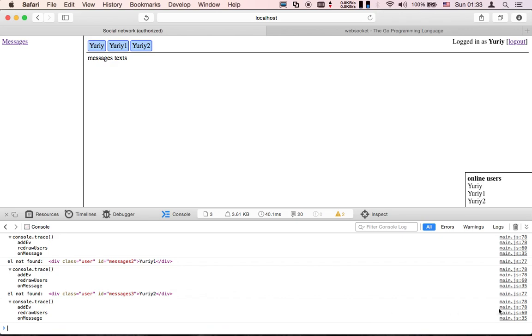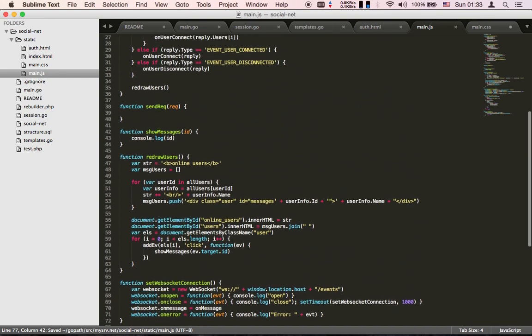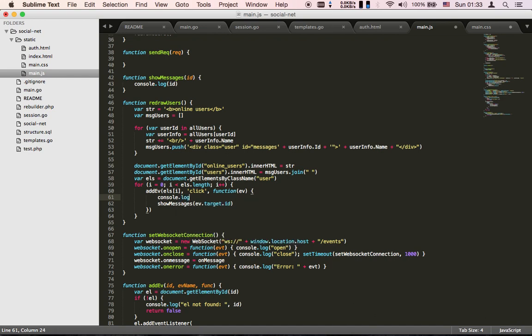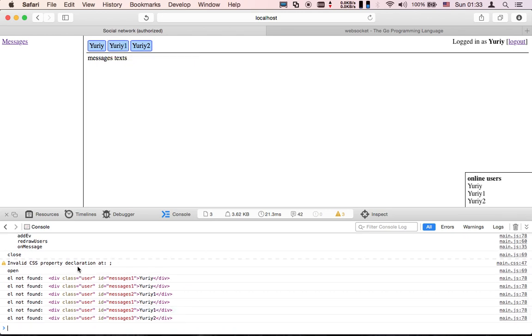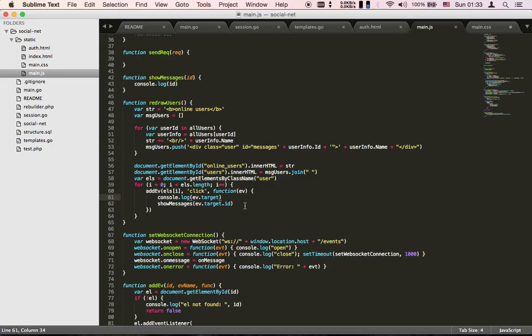So the redraw users function is what caused the error, and we can see that probably this is the reason why we got an error. I'm not too good at JavaScript. Let's see. Element not found, but